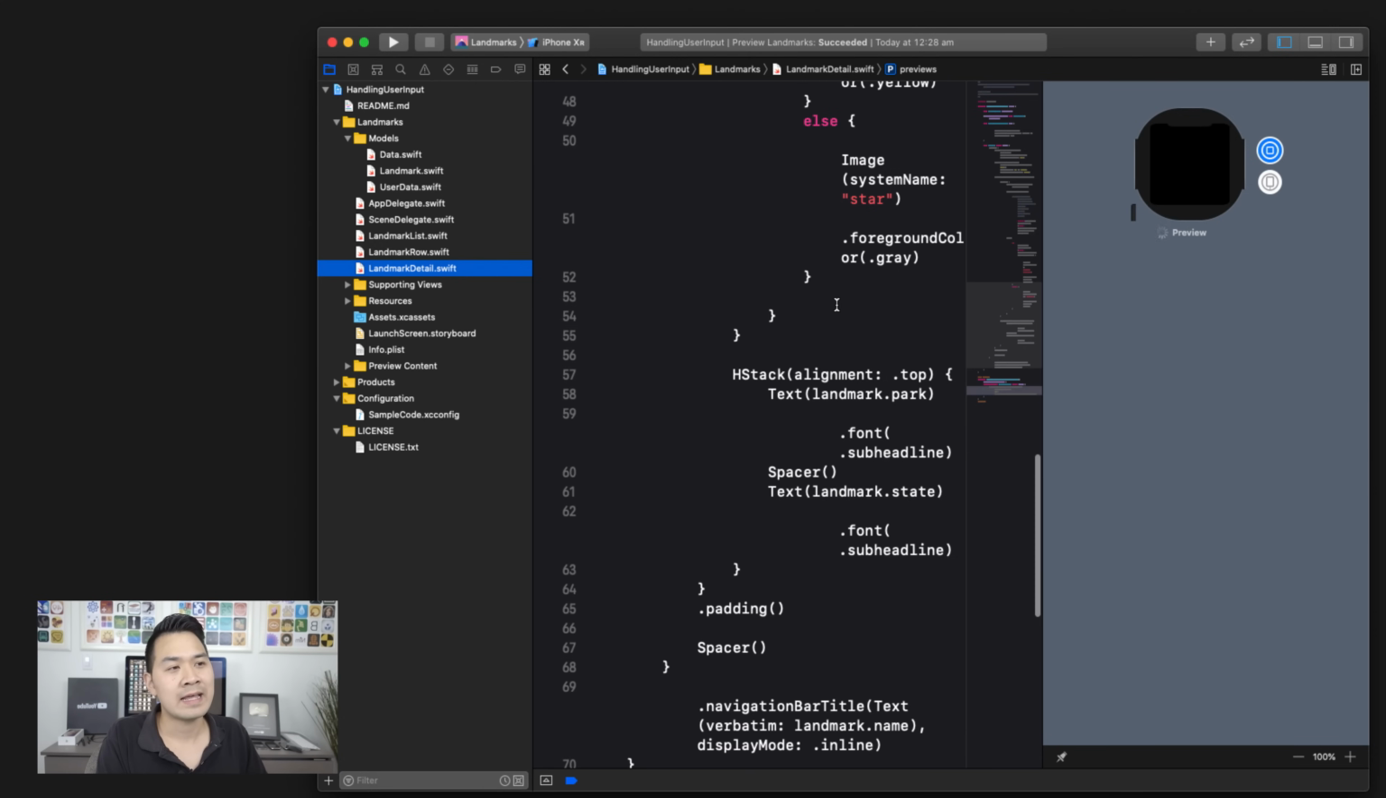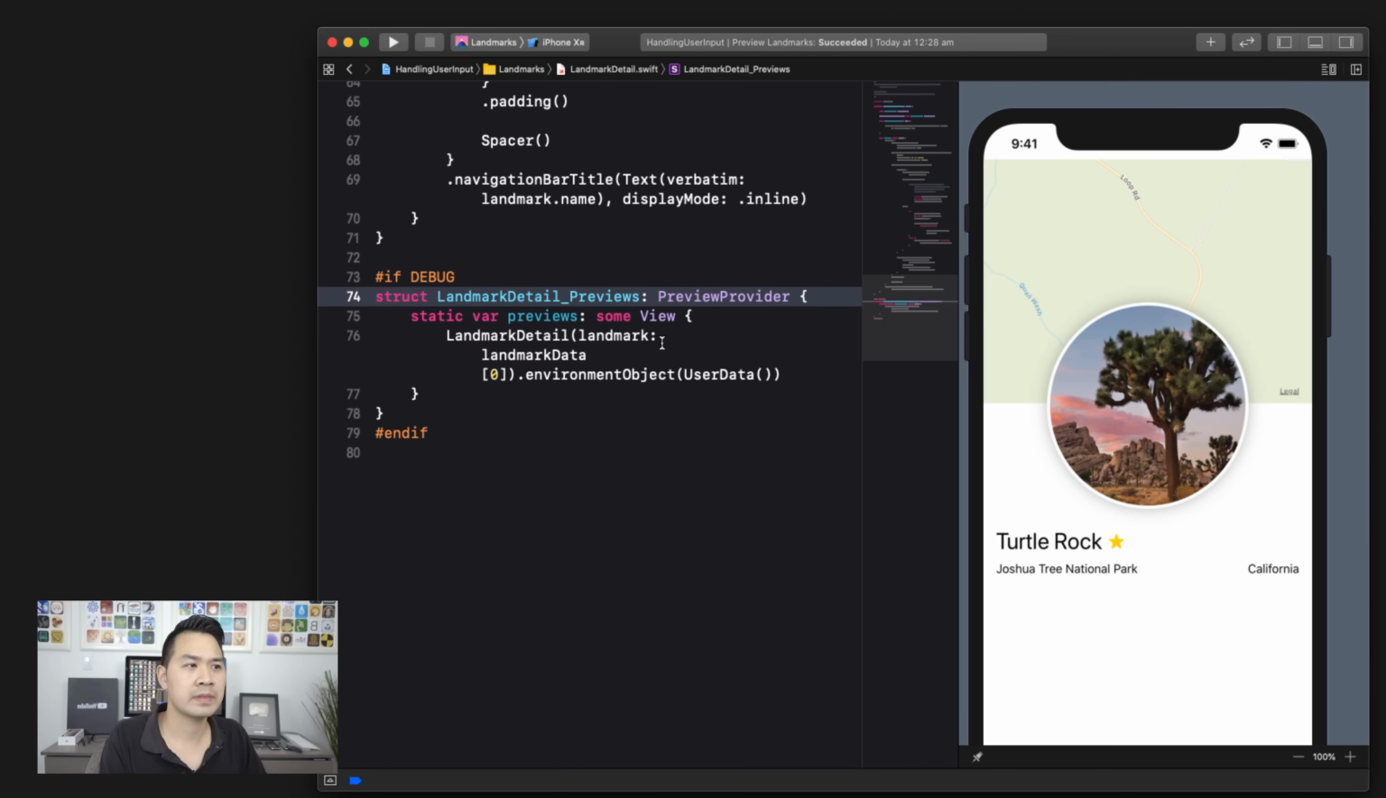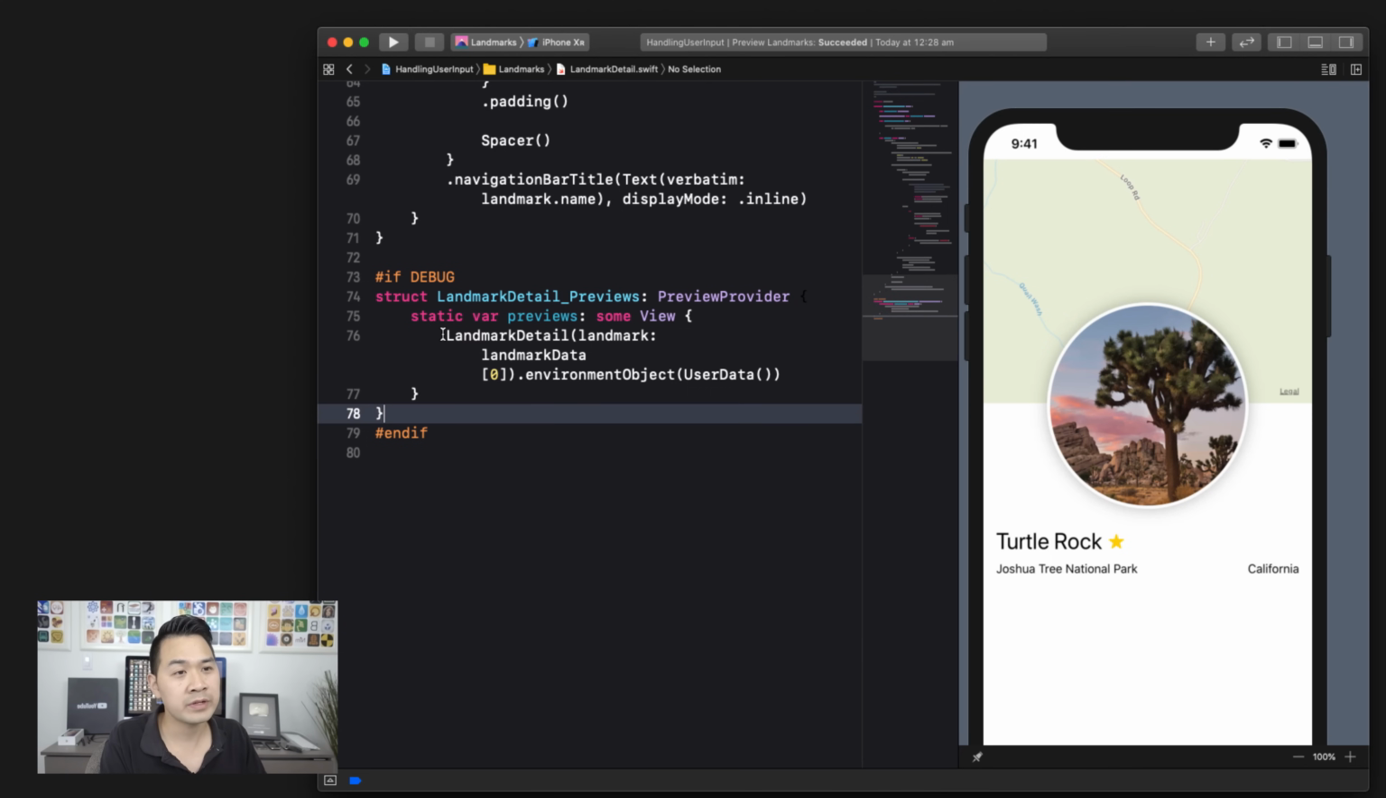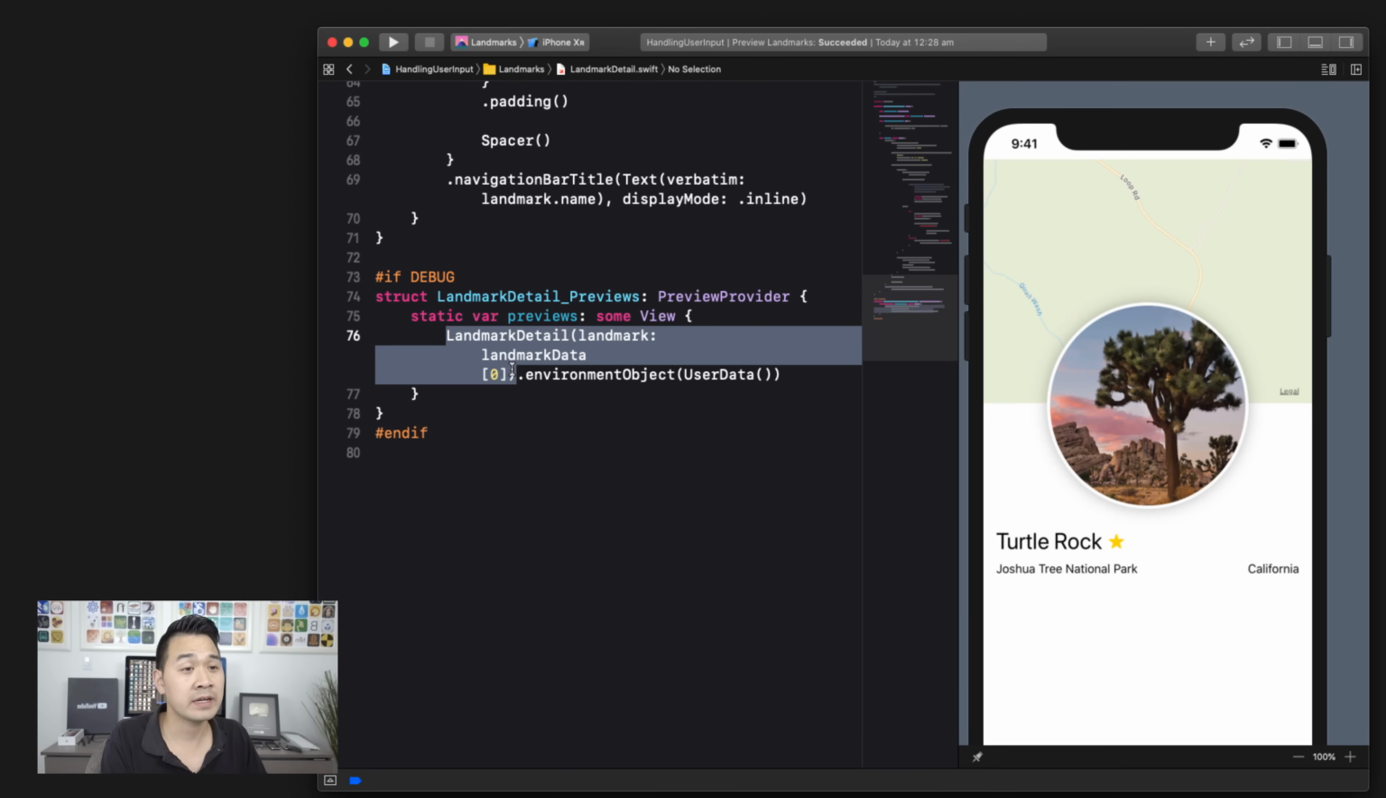So just to reiterate what the error was, in case you didn't get it, is that when you're inside landmark detail, let's say you're just working on this view, right? What you see on the right hand side right here is created from this structure, right? And so all we're doing in terms of this piece of code is creating a new landmark detail view and then passing in Turtle Rock, which is the first element of the landmark data. So because we're looking at this independently, just this slice,